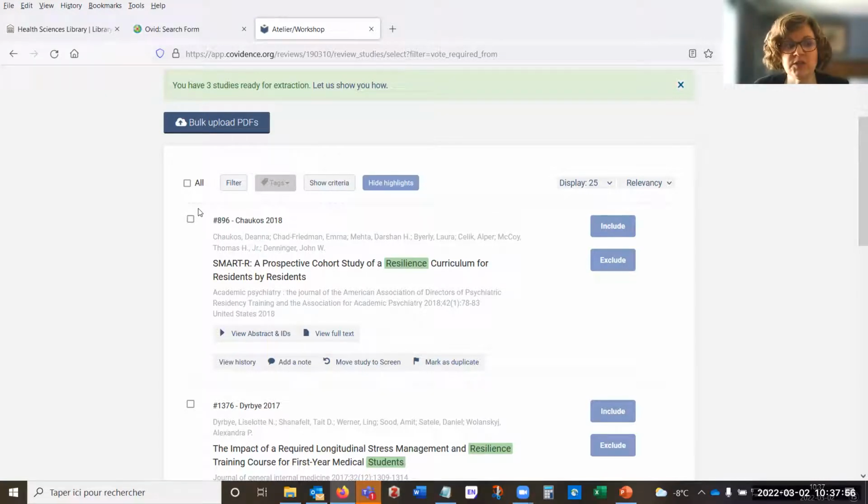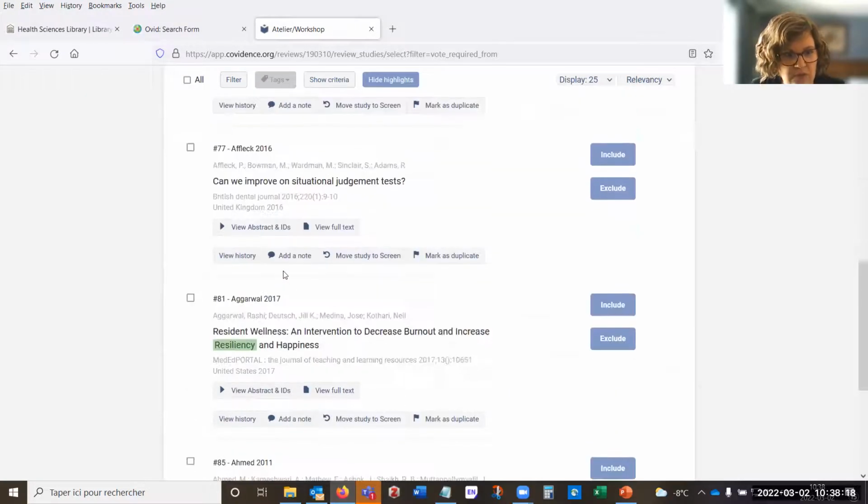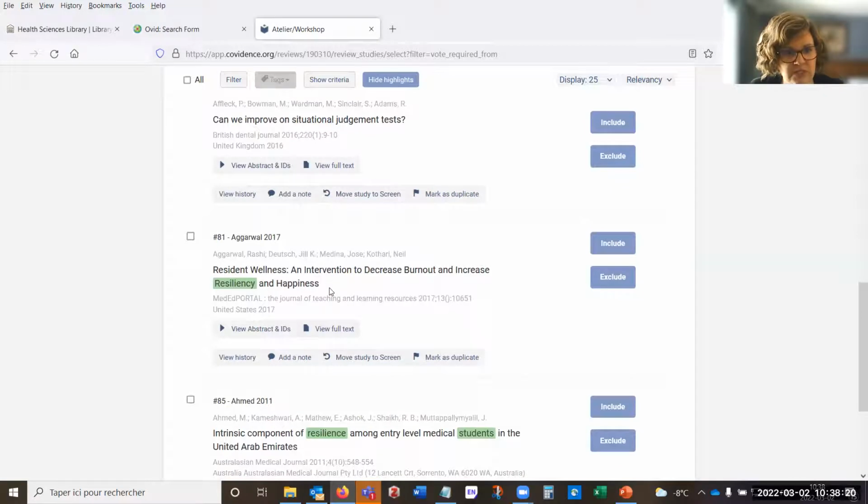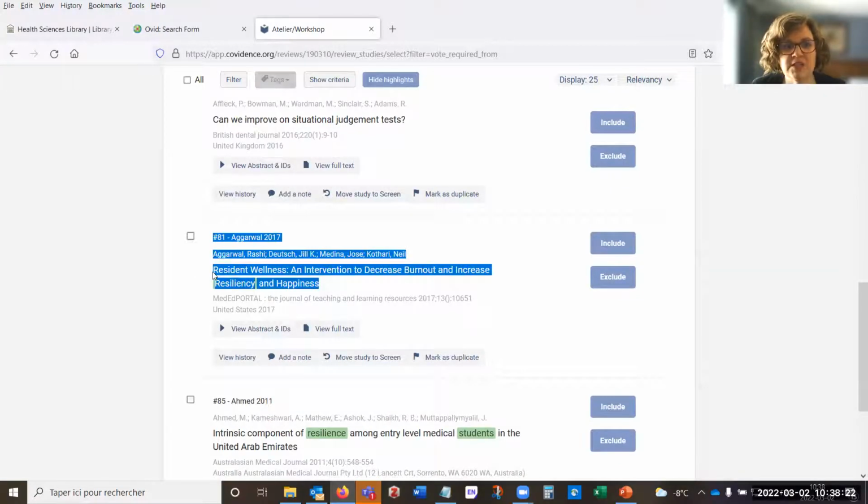So if you go back to the Covidence online library guide that I mentioned earlier, and I can put the link again in the chat later, we have those steps, sorry. So how to do that bulk upload. But if not, then what you would do, and I'm just going to do, which one do I want to do? Yeah, this one, because I know we have it. Okay, so